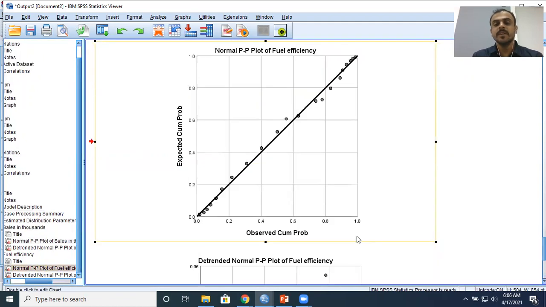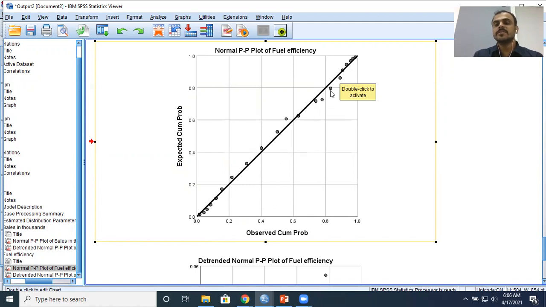What is my second variable? Now, again, the same rule of thumb applies here. When you look at the distribution of the data points, if they are lying along the 45-degree line, along the diagonal line, you can be happy and conclude that the variable is normally distributed. Now, I do see that there is some departure.